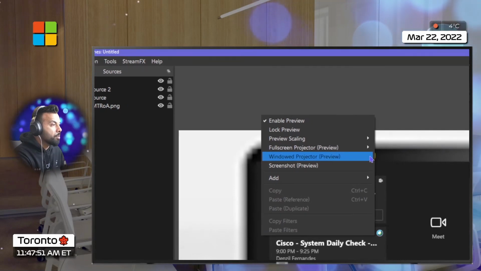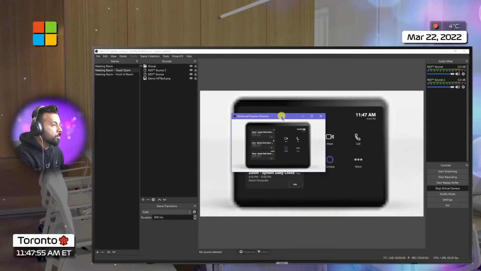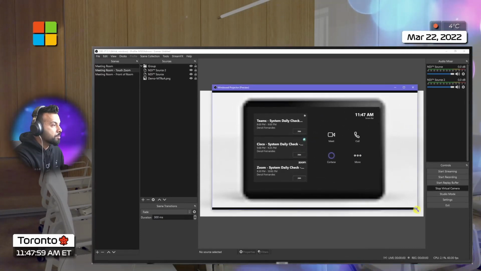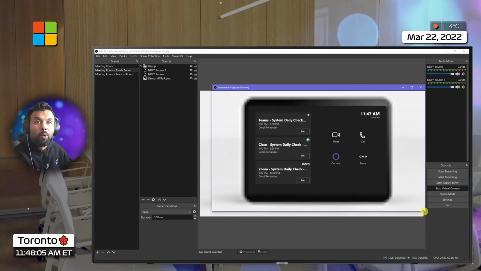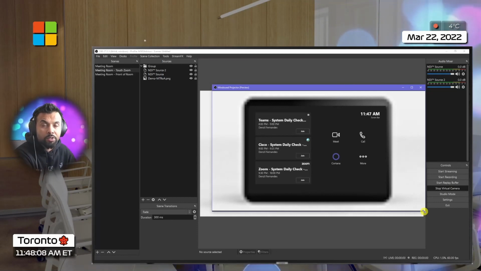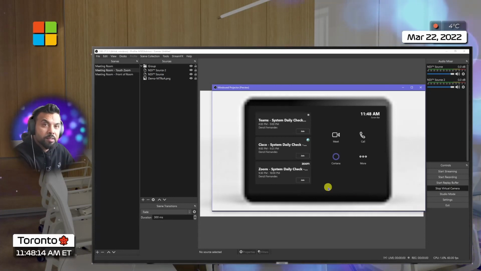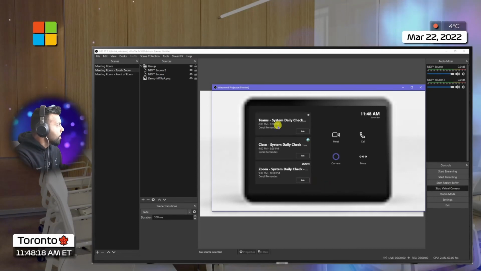Now, just to open up the windowed projector to show you what that looks like. So here you have a windowed projector that's available. Now, in Microsoft Teams, it's a matter of selecting this window in your screen share. So that's one option of screen sharing as well. Now, if you have multiple displays, there's a simpler option that I personally use. Another option would be